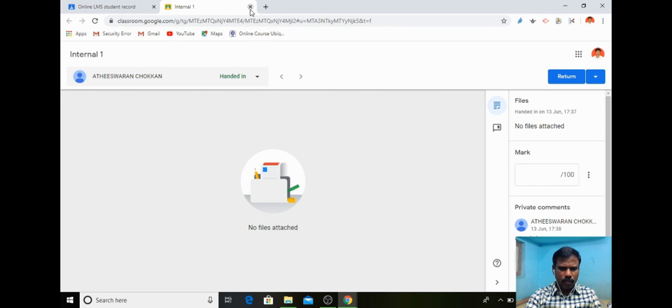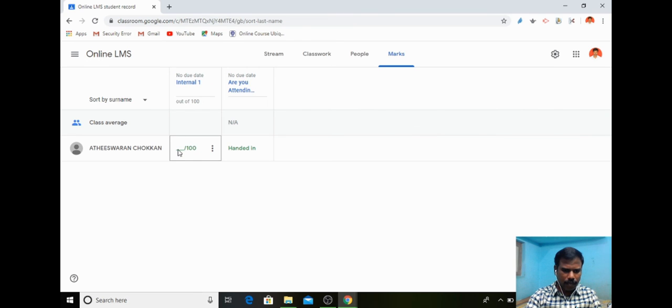After viewing this, I can decide whether to give 100 marks or 50 marks, I can give 40 for 100. So I can manually assign the mark also. So the particular student got 40 out of 100. This way I can award grades or marks for the particular student.